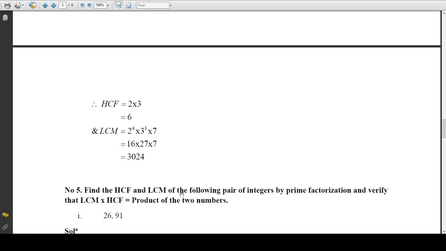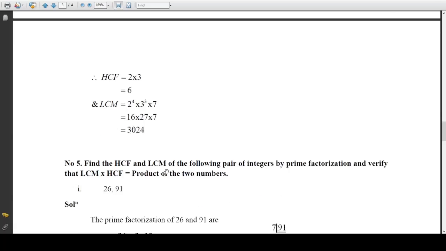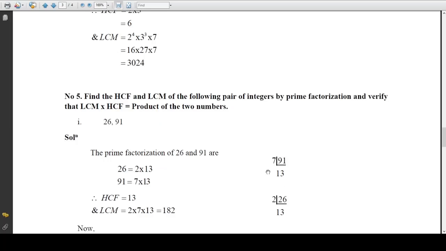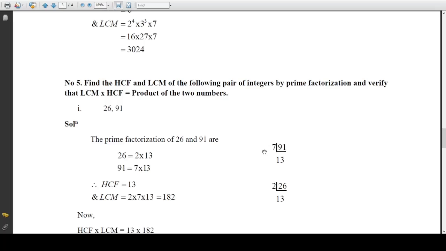Find the HCF and LCM of the following pairs of integers by prime factorization and verify that LCM multiply HCF is equal to the product of the two numbers. Okay. Now 26 and 91, you find out the factors of these two numbers. You will get 26 equal 2 multiply 13 and 91 as 7 multiply 13. What will be the HCF? Common prime, only 13 is here, therefore HCF will be 13, and